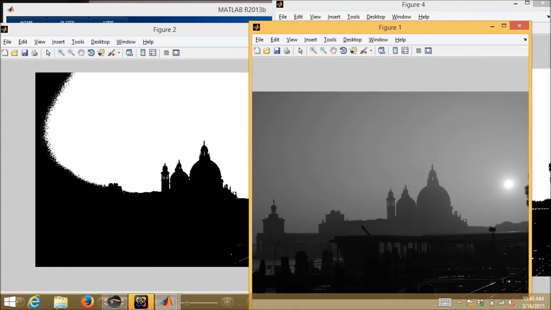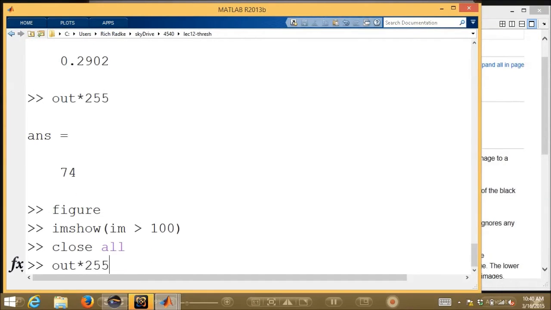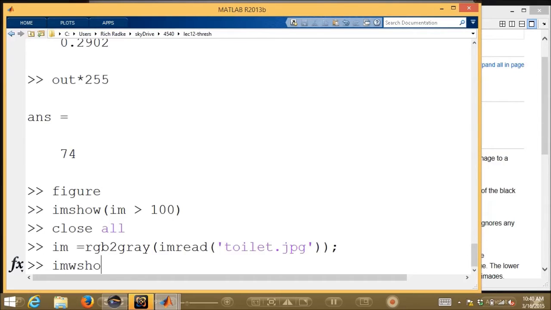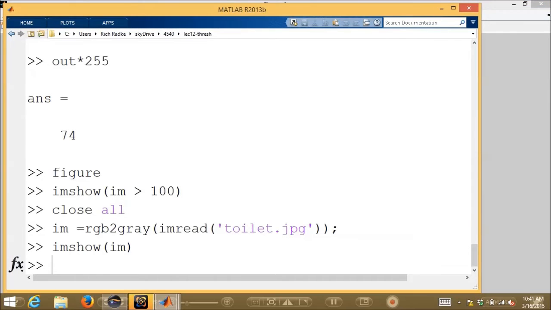And so let's see another example. So here is a graph of the history of the toilet. Okay, so basically you can't read this. Here this is almost like a neon sign, but it's kind of a backlit thing. So it's already almost binary, right? And actually, I think this should work really well for Otsu, right? So if I were to say Otsu of M,